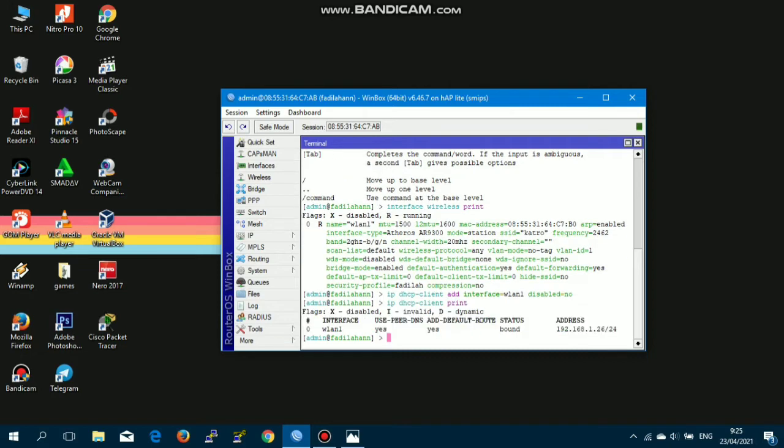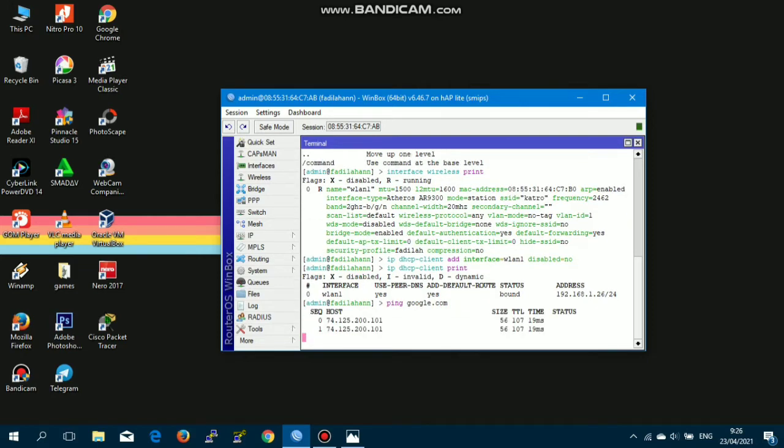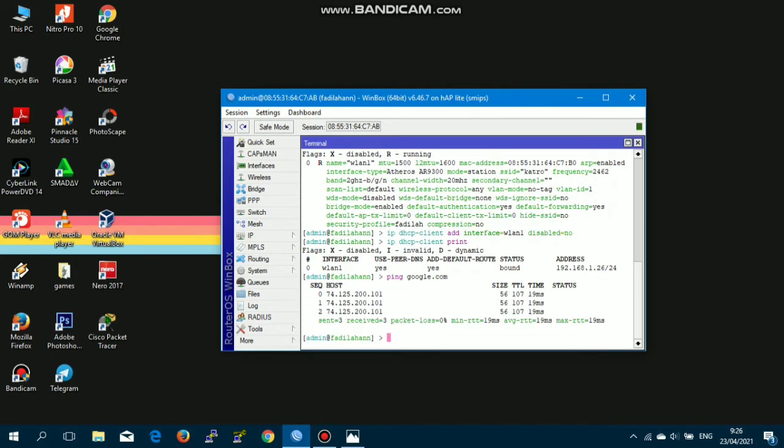You can see that the status of the VLAN 1 interface is bound, which means that it has been connected and managed to get an IP address. For more details, we will perform a ping test with the command ping google.com. And it turns out that the ping test was successful.